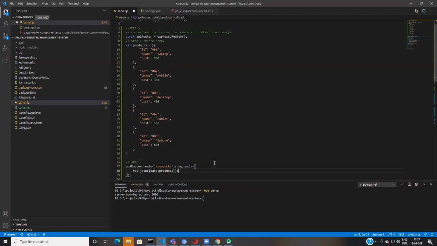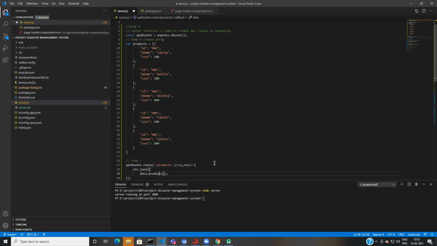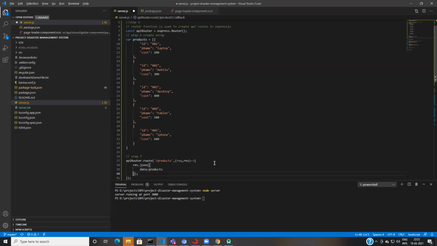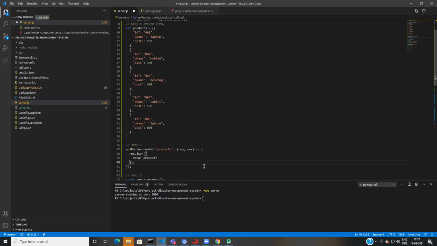I'm creating my own simple object, and that object has a property called data, and I'm returning my products. Consider this is coming from the DB. I'm just putting it over here.